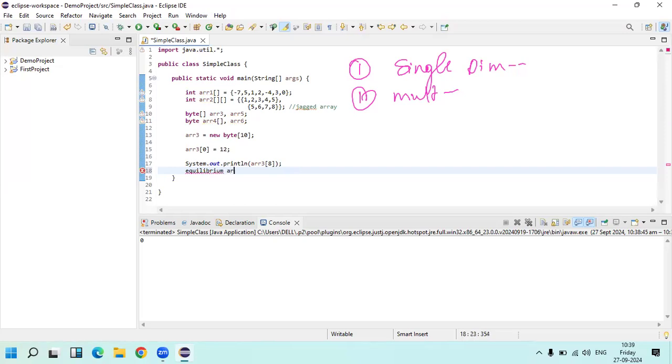So another concept in array is the equilibrium array. What does equilibrium array mean? Equilibrium means equilibrium array index. There is a concept of equilibrium array index, right? So what does equilibrium mean? Any index in the array, suppose we take this single dimension array, any index, I'm talking about the index, for that,